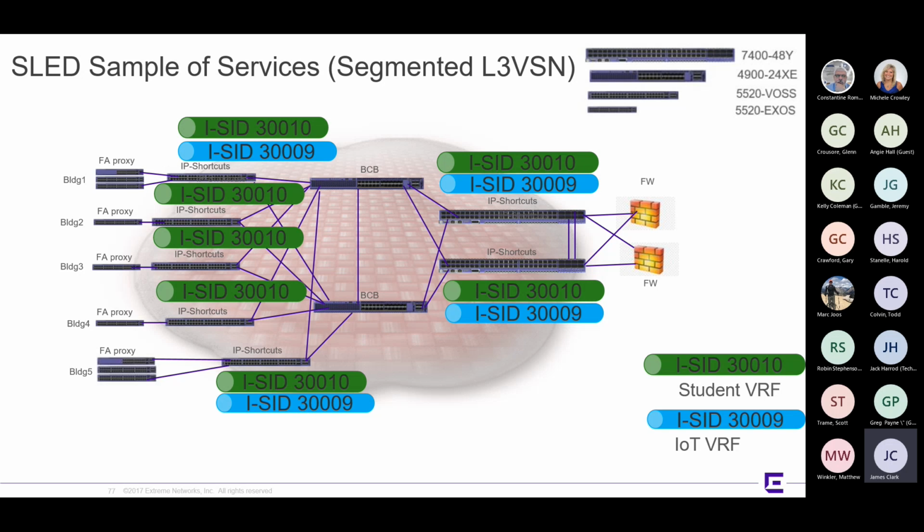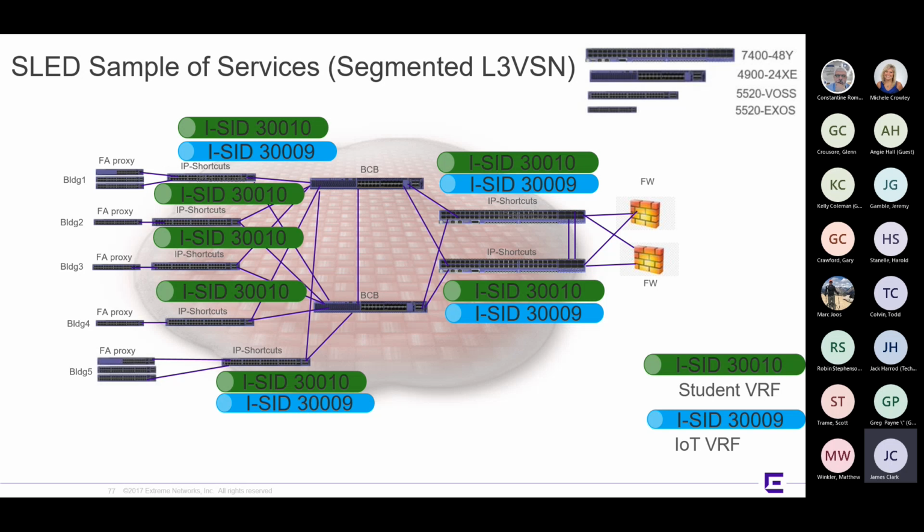We are showing VRFs, but not based upon color. So 30,010 would be basically a student VRF. 30,009 would be IoT devices, could be a guest network, could be HR, whatever you name the zone. And we're basically showing how each one of these nodes can actually have multiple route tables defined here. They get to the firewall. They can be sent as outbound traffic to the internet, or routed back through different nodes here